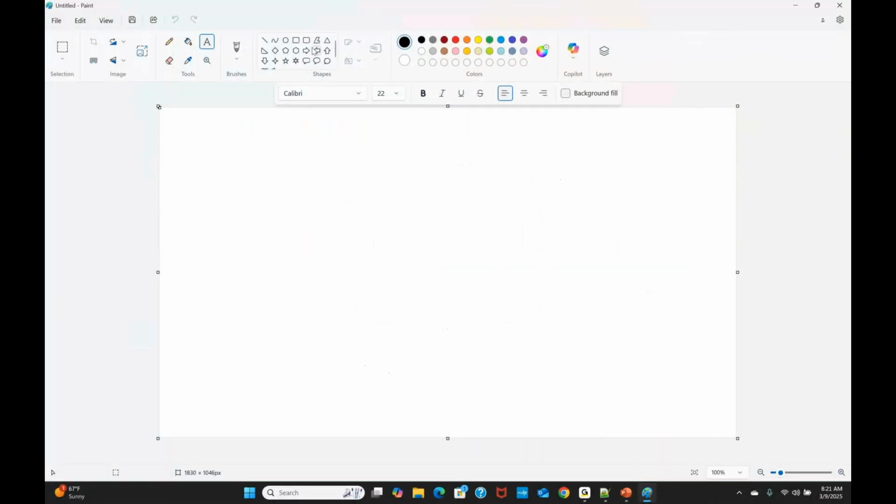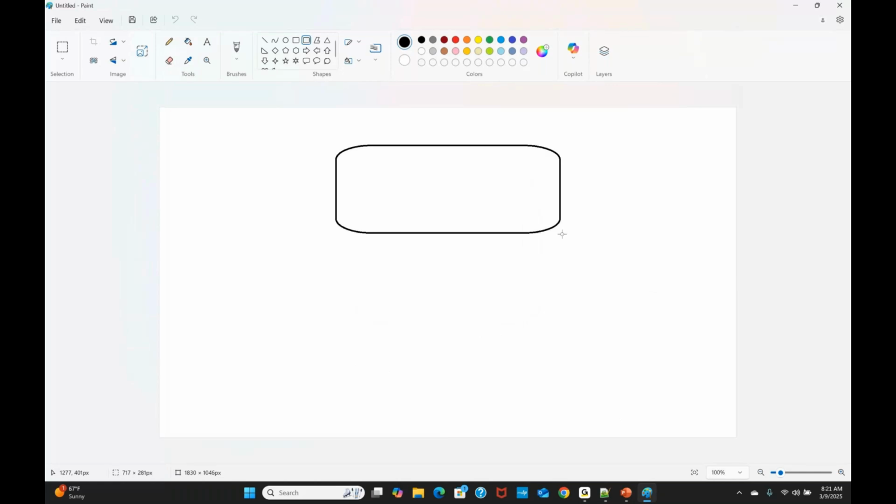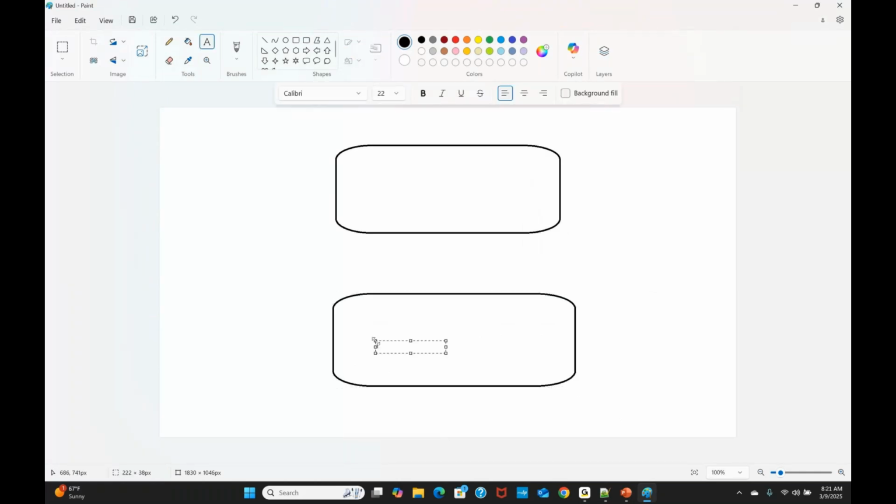Now you have a web application and you have your SAP server. Here is your web browser.